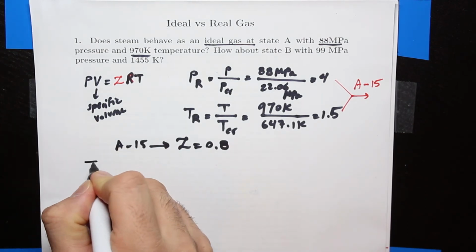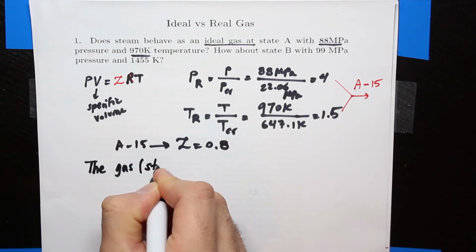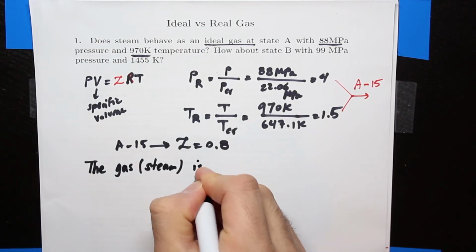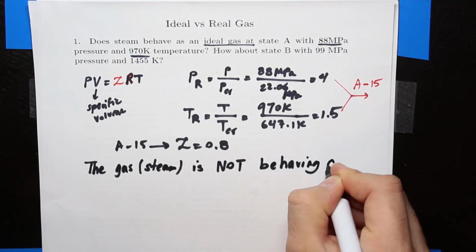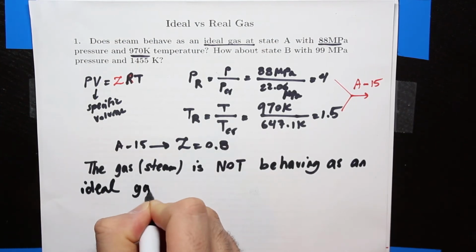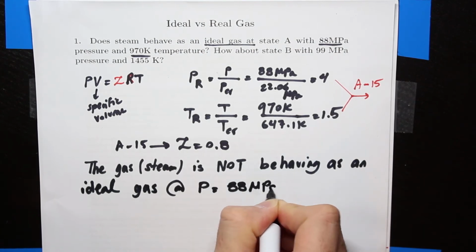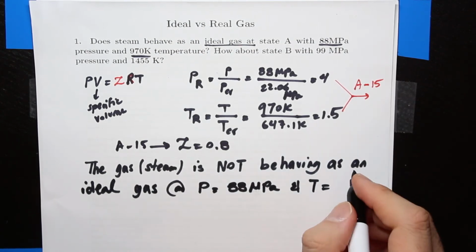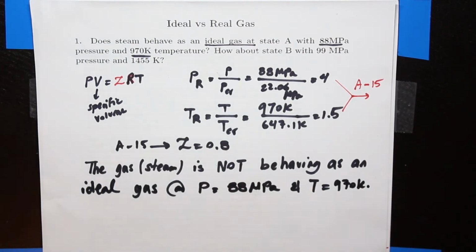So the answer for the first state is the steam is not behaving as an ideal gas at a pressure of 88 megapascal and a temperature of 970 Kelvin. Now, the question that sometimes students ask, and frankly a very good question, is